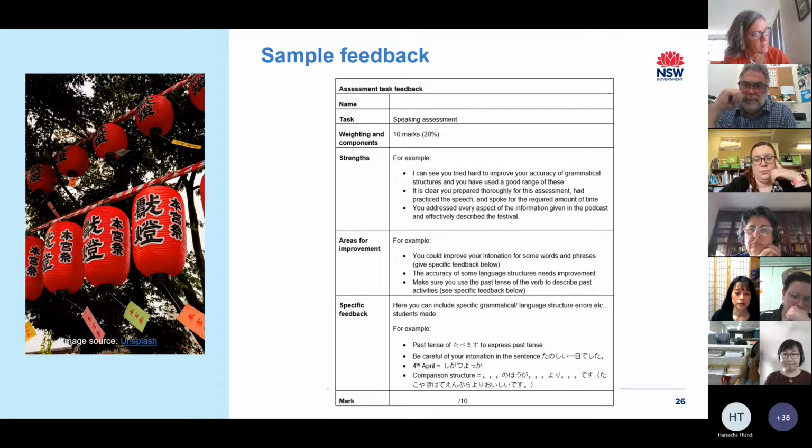So does anybody, just in the chat, or if you'd like to just unmute and tell me any great ideas, because I'd love to hear what you've got to say about how you give students feedback in stage 6. Can I just add something? Sure, please, Ken. I find, like with most students, I do make corrections for them, and I spend a lot